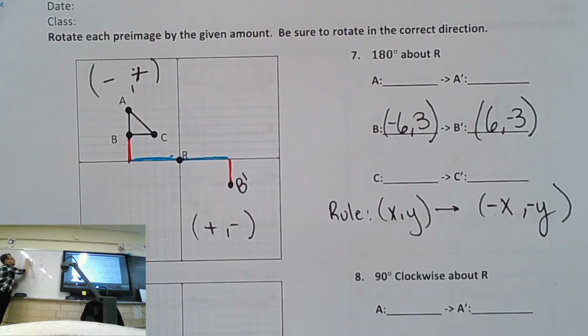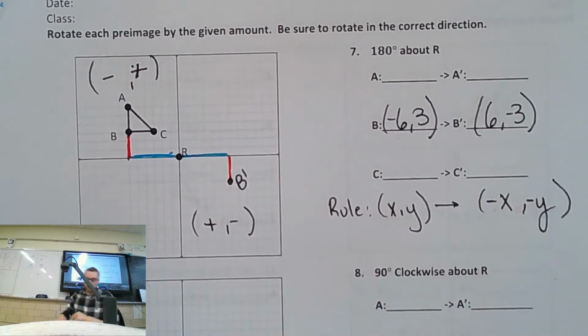Now what if I had chosen a different quadrant? If I choose quadrant 1, it's going to end up in what quadrant after I do 180? Quadrant 3, this one. Notice the signs both changed. Doesn't matter what quadrant I start in, the rule will always be whatever you got, change both the signs. If I start in this quadrant, both negative. 180, now we're here. Change both the signs, right? So that's the rule for a 180 degree rotation. So there's a rule. Change both the signs.